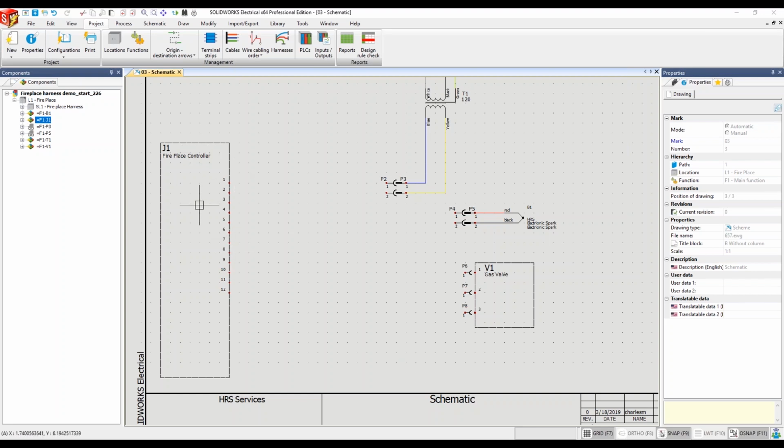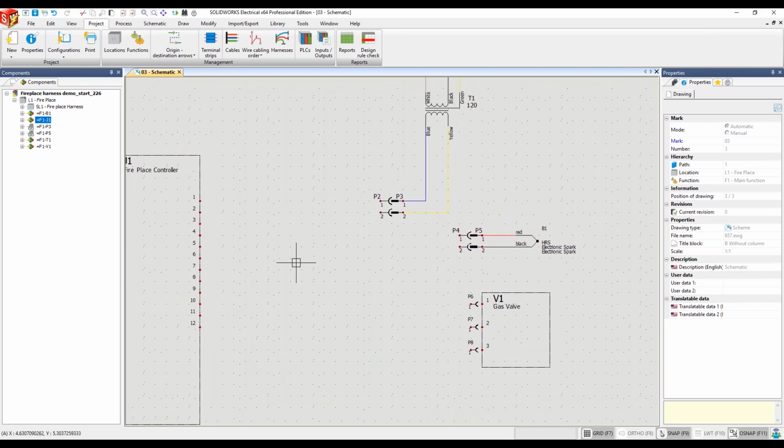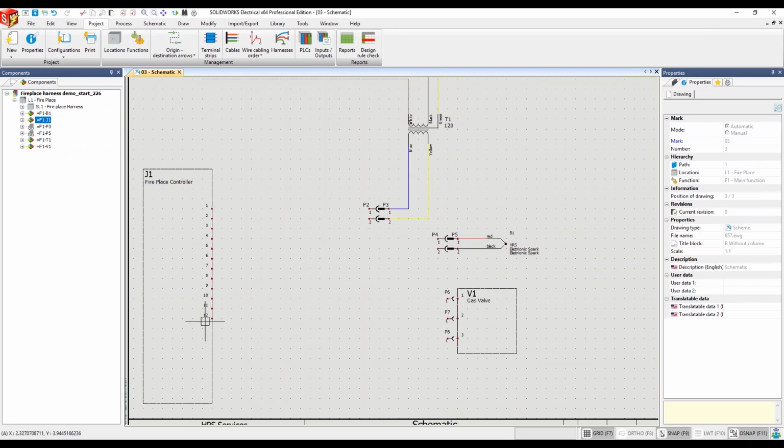And the nice thing is we're going to show you guys, basically Glenn and I are going to be working on pretty much the same design, just in two different realms. I'm going to be sticking within the SOLIDWORKS Electrical Schematic Professional realm. I will basically pass over some information to Glenn for him to use in the 3D environment. But for us to keep in this with the 2D only design, basically what I need to do is get in my connector that connects up to my controller board here, and then drop in my wires that connect up